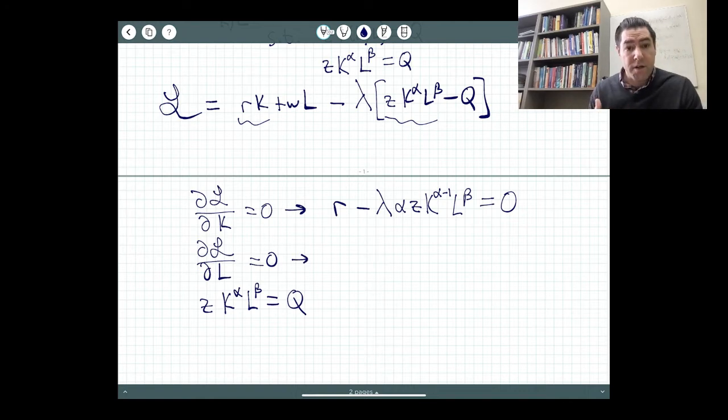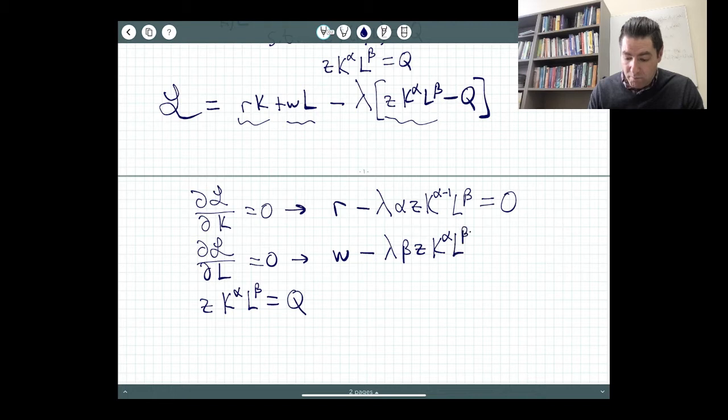Same thing here. I partially differentiate the Lagrangian with respect to L. And WL, the partial derivative with respect to L, is just W. And then I have minus lambda beta times z k to the alpha L to the beta minus 1. Differentiating with respect to L, that's just my marginal product of labor. That is equal to 0. And then I also have this constraint that z k to the alpha L to the beta